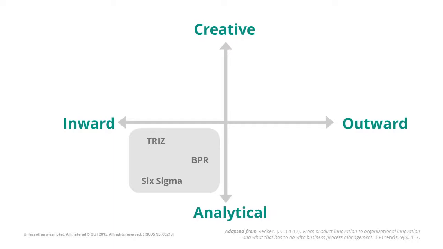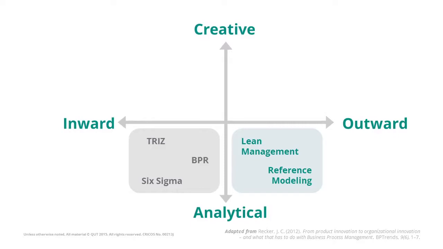All these redesign approaches are highly analytical in nature because they have well-established tools to reason about processes, but they are all inward-looking in the sense that they look at existing processes and reason about these processes, how to change them. There are analytical techniques which have a more outward way of dealing with process improvement. A good example is Lean, where it is the voice of the customer that is the starting point for reasoning